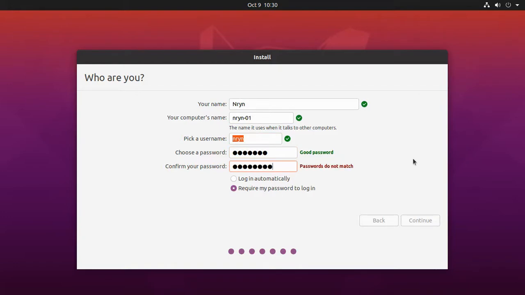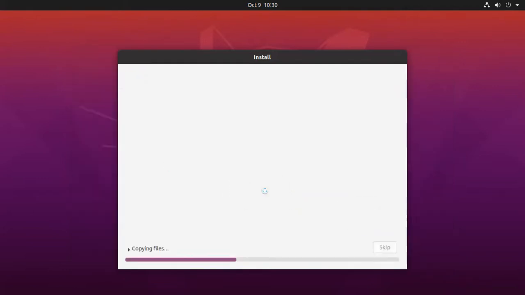Okay, this is not matching. I made a mistake here, it seems. Okay, and you can select even login automatically or require password to login. So if you want to enable more security, give this one, require my password to login.